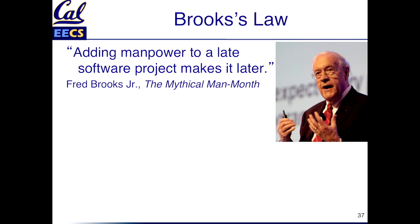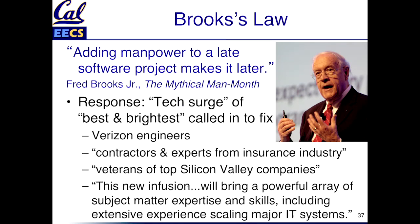So how are HHS and the other agencies responding, and what is their plan to address some of these problems? Well, let's again go back to some of the stuff we learned earlier. Hopefully everybody still remembers Fred Brooks saying that adding manpower to a late software project makes it later. So what's happening with healthcare.gov? The tech surge. They're calling in a team of the best and brightest to fix it, right? Like an emergency upgrade. The team includes engineers from Verizon,